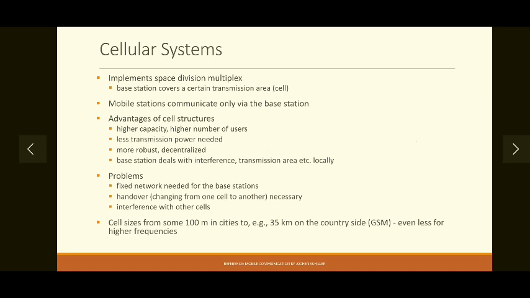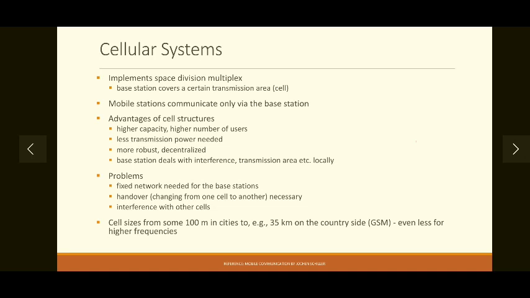So let's say we have a city like Mumbai. The coverage area for Mumbai will be divided into a number of small cells, so that multiple antennas can be used for covering each cell. So less transmission power will be required for covering smaller cells. Okay, so the advantage of cellular structure is that more antennas are used, and that's why lesser transmission power is required. If we had used only a single antenna to cover the entire Mumbai region, we would have needed larger transmission power to cover such a large area.